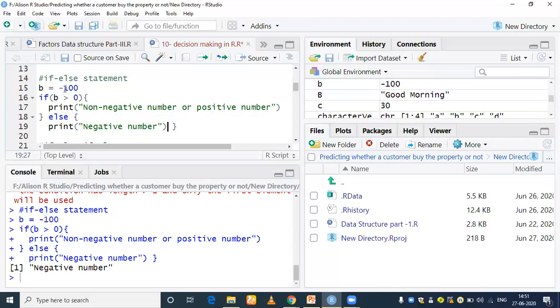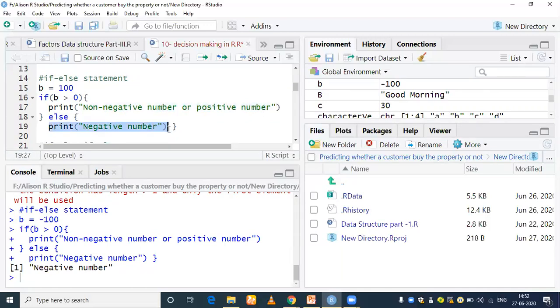Now, let me execute it again. This time, I will make the value of b as 100. So see here, what I have done: I have assigned the value 100 to the variable b. Now I'm checking it. If b is greater than 0, yeah, 100 is greater than 0. Absolutely correct. This means the print statement that you have written here is going to be executed. And what about the else block? Is it going to execute?